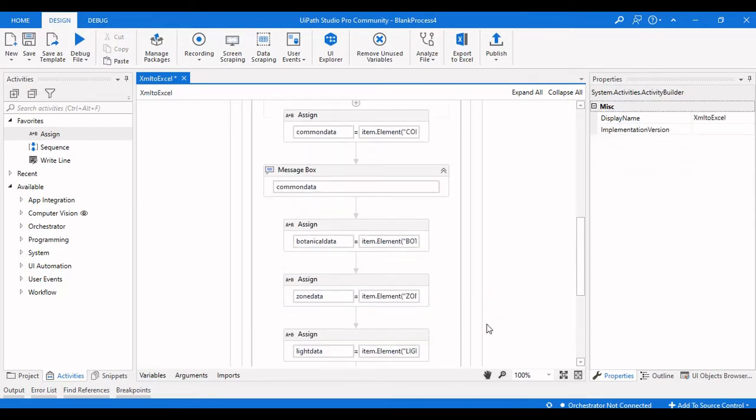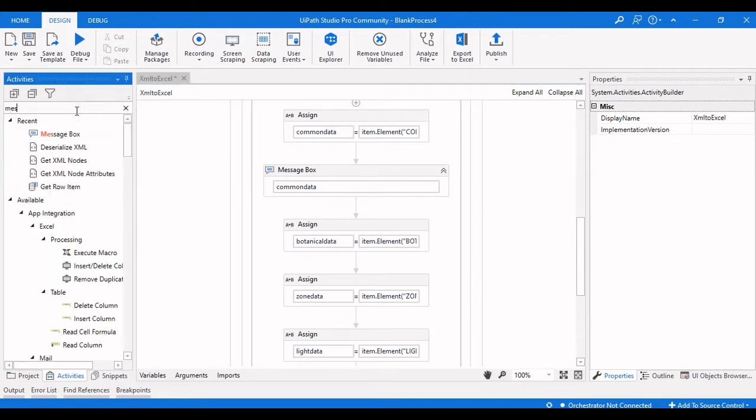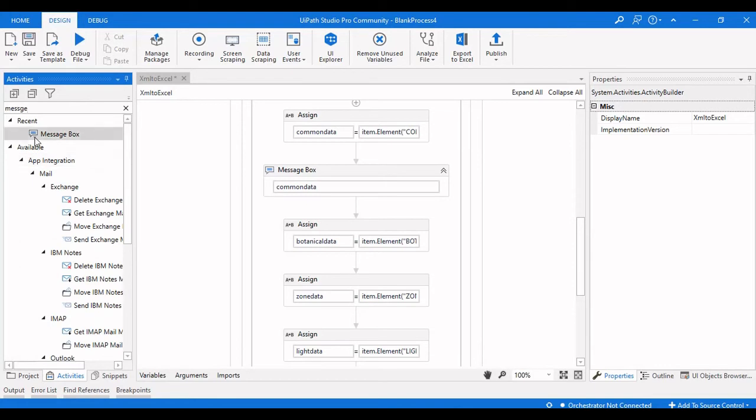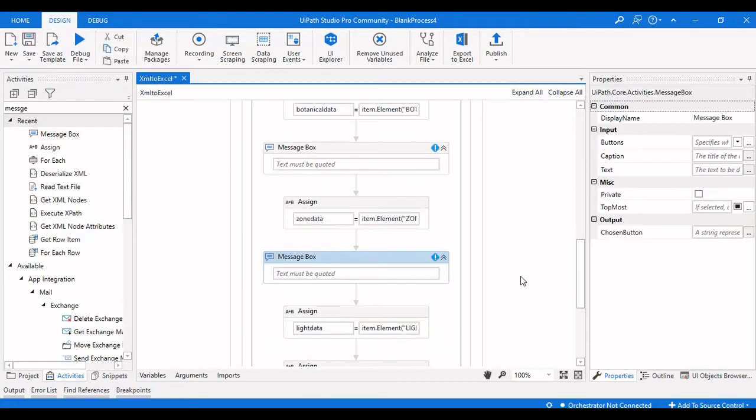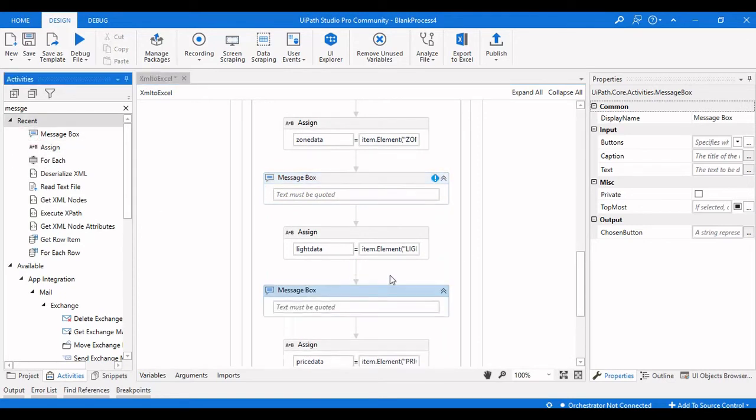So we have successfully completed this. So we will do a message box everywhere for the data that we are getting, so that we can see whether that particular data is extracting from the XML file or not.